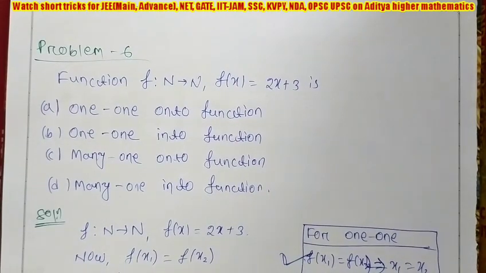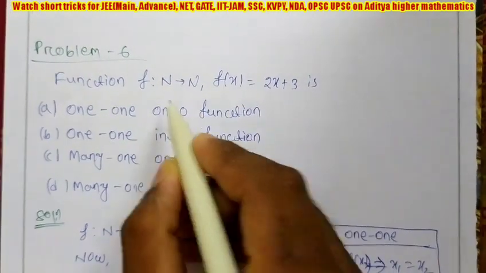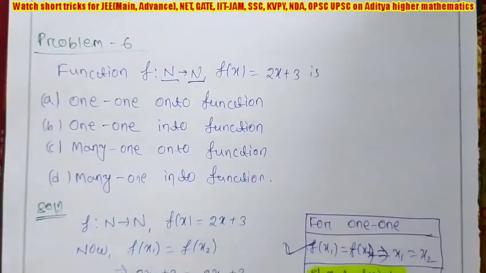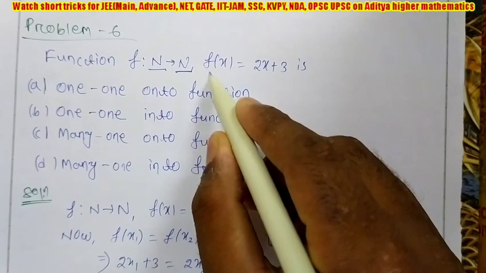But if the domain and codomain are some other set of numbers except real numbers, then you cannot say it is onto. So remember this. An odd degree polynomial is not always onto. An odd degree polynomial is onto when the domain and codomain are the set of real numbers. You can observe here the domain and codomain are not the set of real numbers, they are natural numbers, and it is given on an odd degree polynomial.